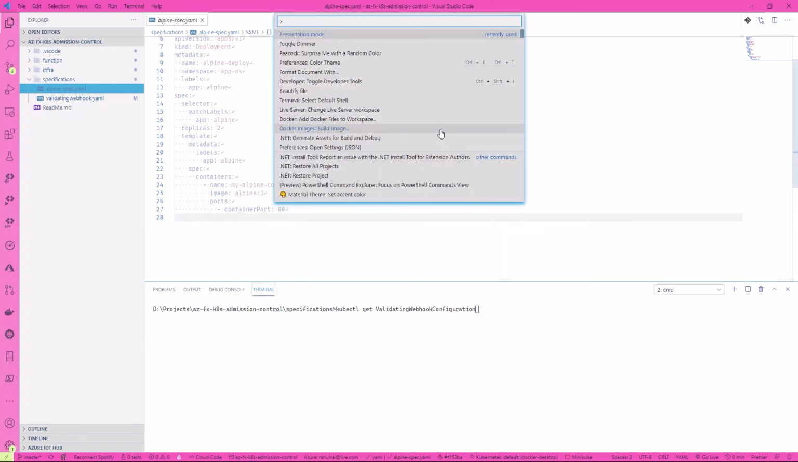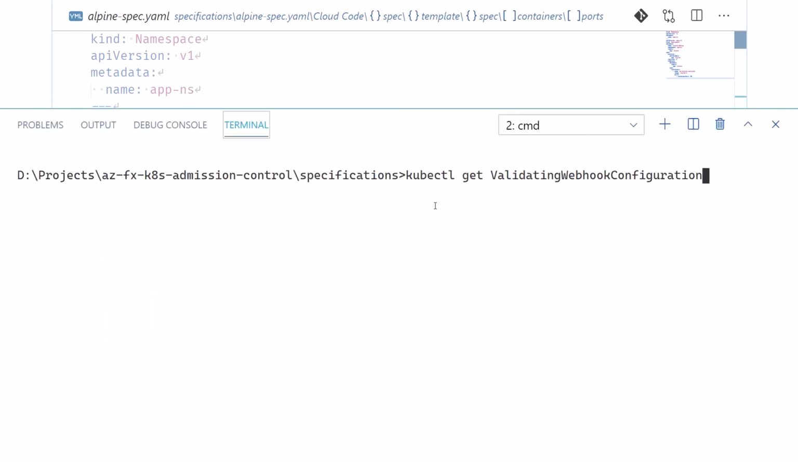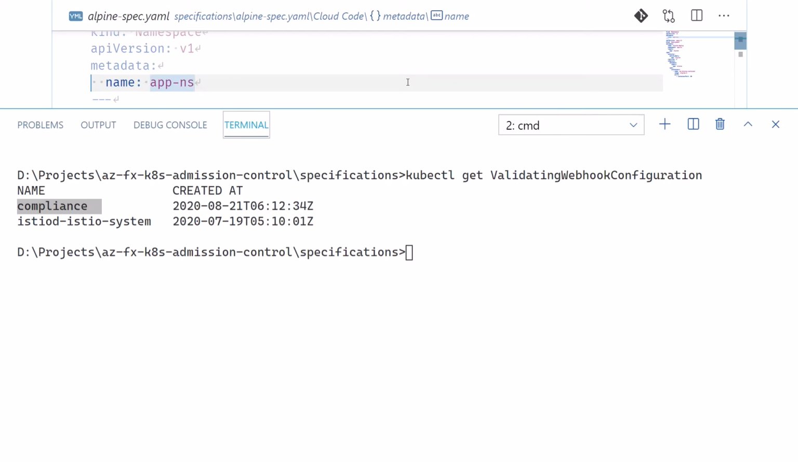So let me switch to the presentation mode. Before we read through the spec, let's check what is the status of the validating webhook controller that we provisioned before. In order to do that, just launch your terminal and issue this command: kubectl get validatingwebhookconfiguration. Hit enter, and you would see that the compliance webhook that we provisioned a couple of minutes ago is sitting over there, which means that it is up and running. So let's head back to